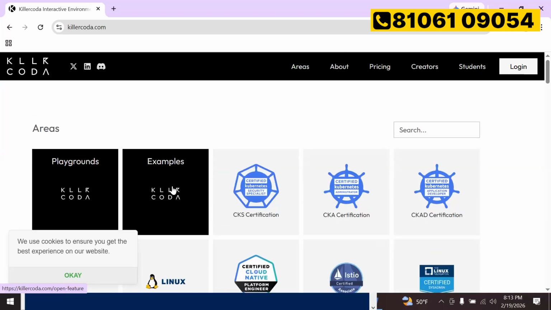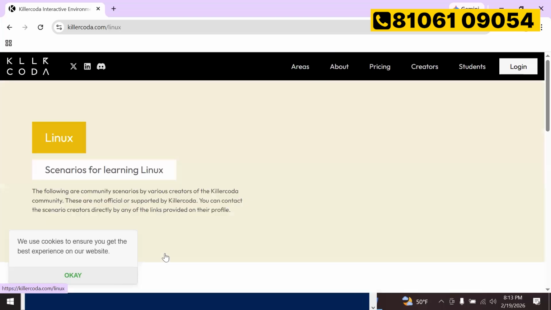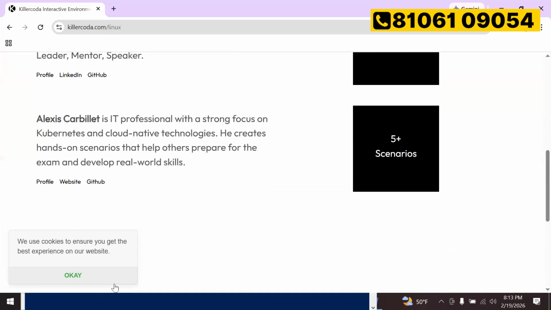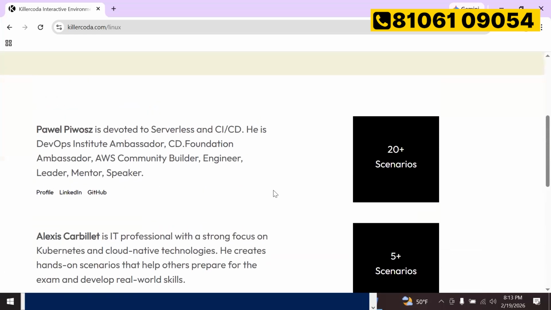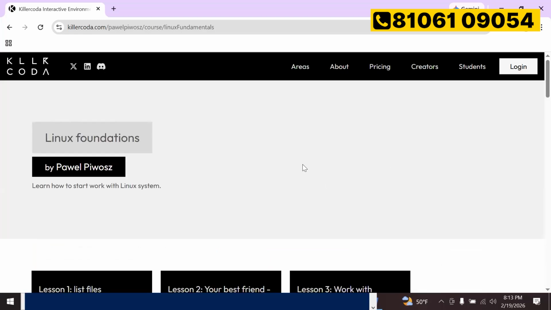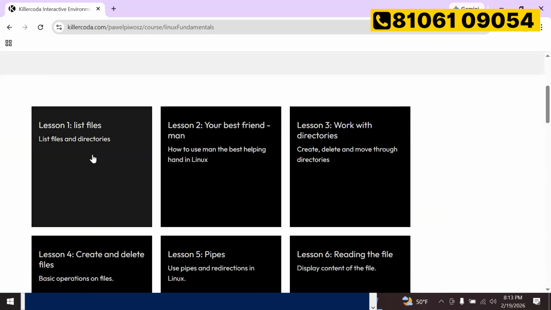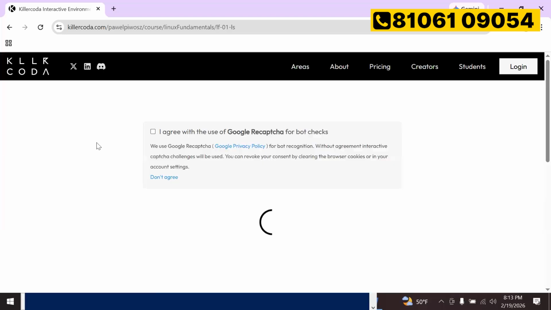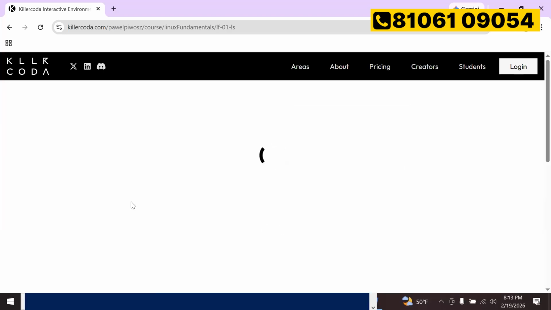Here you can see Linux, and you have different scenarios. They'll give you scenarios, and according to them you can practice. To start with, they have given some lessons, like list files. You can start this session and practice all your Linux here.